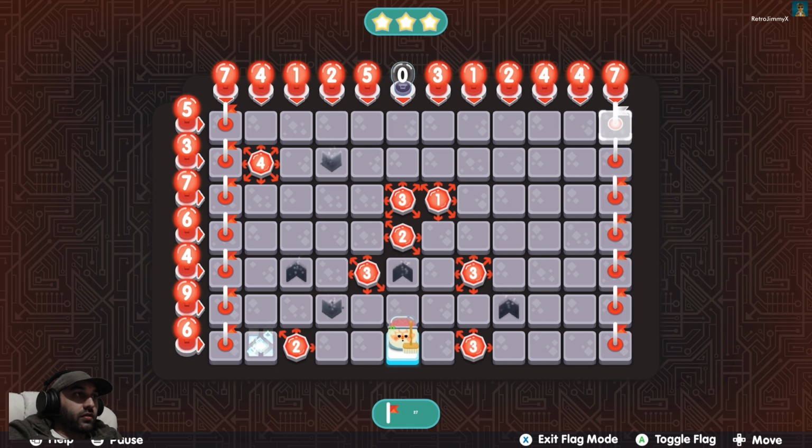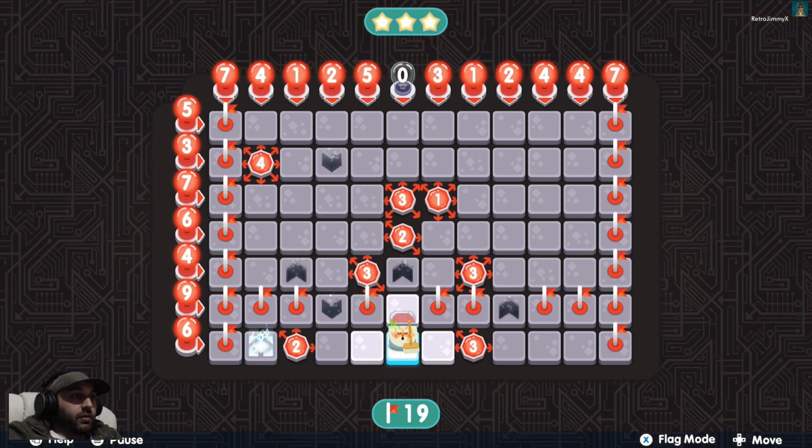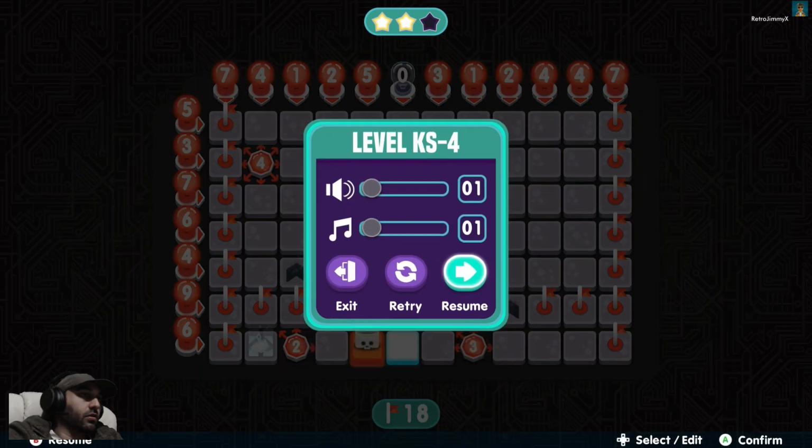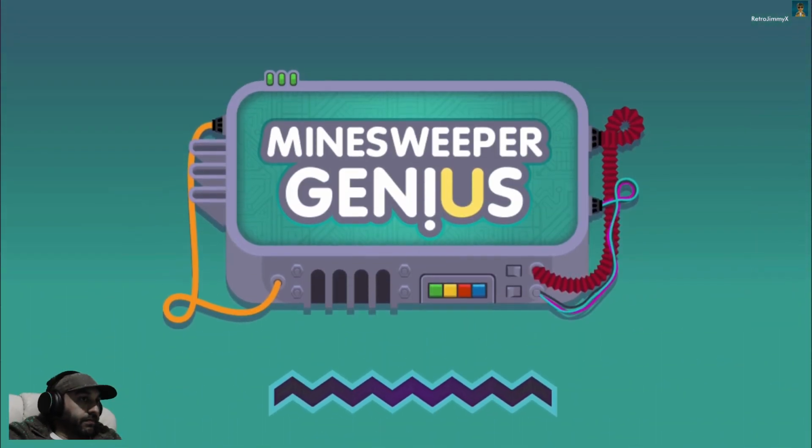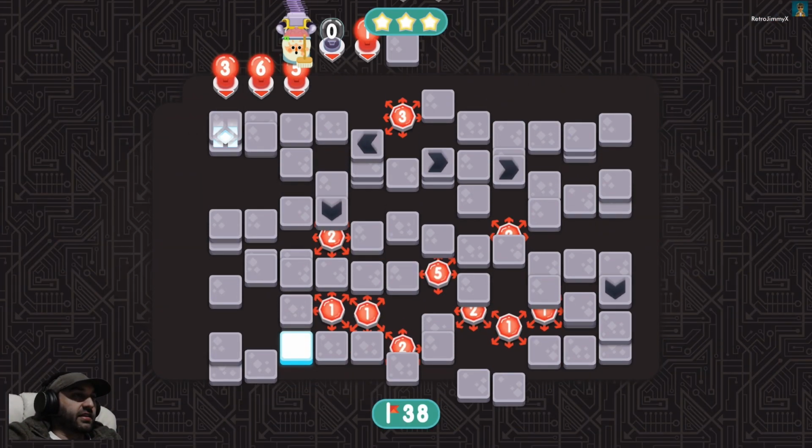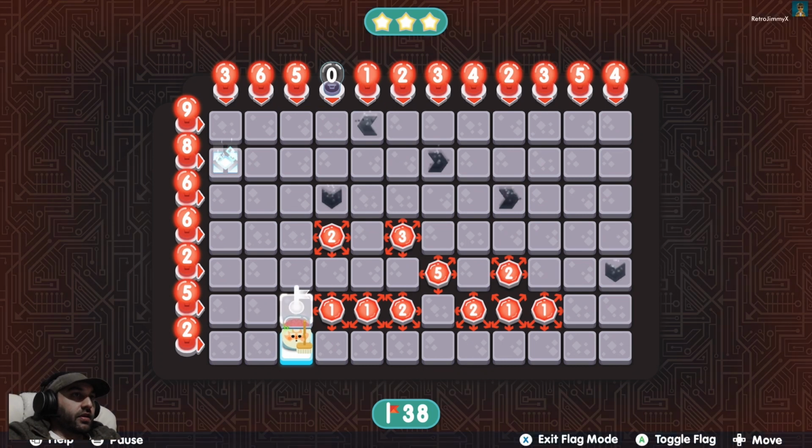Actually, that row there, 1, 2, 3, 4, 5, 6, 7, 8, 9. Oops. Oh no, but that one can't be 1. So perfect. We filled all that out. Now the path to the right doesn't actually take me anywhere. So I'm going to have to assume it's left. How could I have gone right? Oh no, I could go up. Oh, I'm an idiot. Actually, I'm not an idiot, but